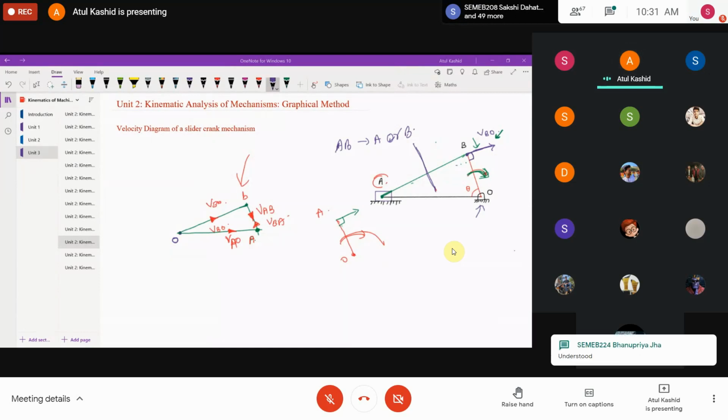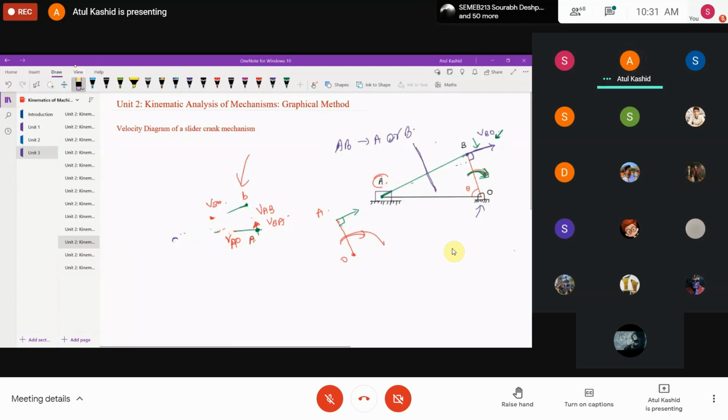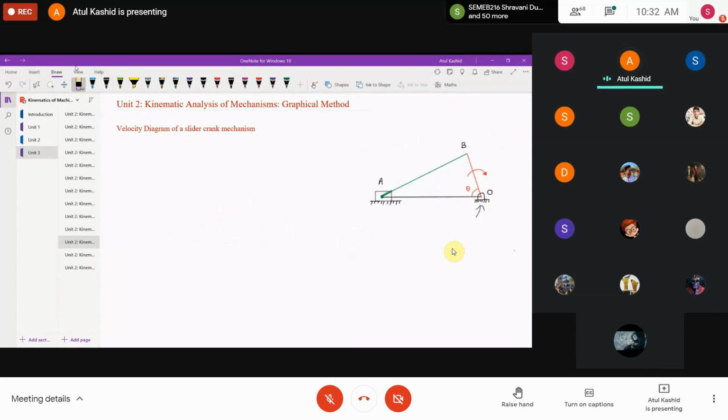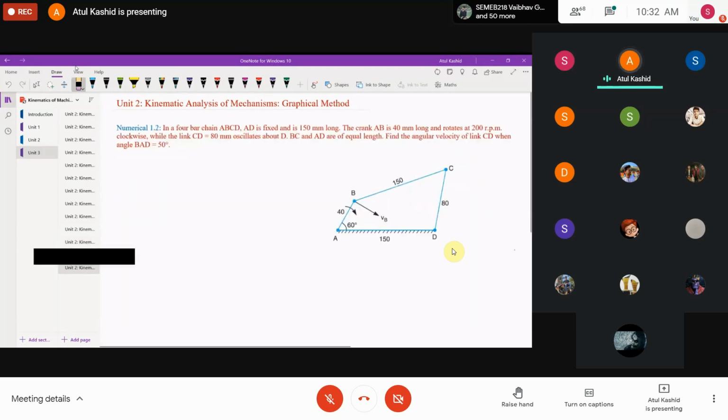Getting, Bhanupriya? I think these things are going to be very clear when we solve the numericals, right? There will be ample numericals that we are going to solve, and that will clear your problems or whatever questions you have related to this velocity polygon. Here we are only observing how to draw the velocity polygon. We are not seeing how to draw it to scale, so that we'll see in this numerical. So first we'll go with this numerical. Is everybody ready now with the drawing book? Please reply.